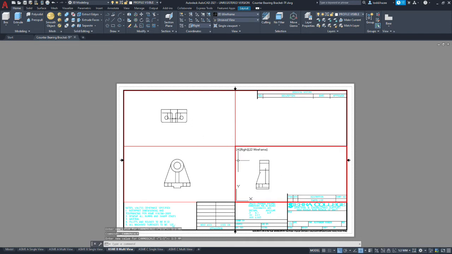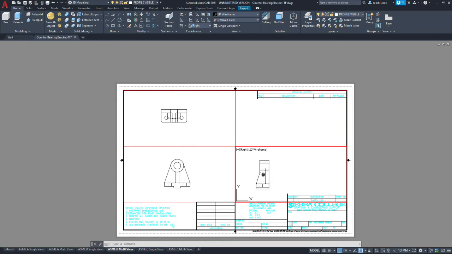Okay, so now all 3 views are scaled the same size, provided we don't change this, and you can accidentally change it by spinning the thumb wheel. But they aren't aligned with each other, and you have to plan your spacing now. So the spacing between here, the top view, and the front view should be the same as the spacing between the front view and the side view. Now I'm going to eyeball it. I suggest you actually offset some lines and get it accurate. But for the sake of expediency, I'm not going to go through that. I'm trying to show you the principles you need to develop your drawing.